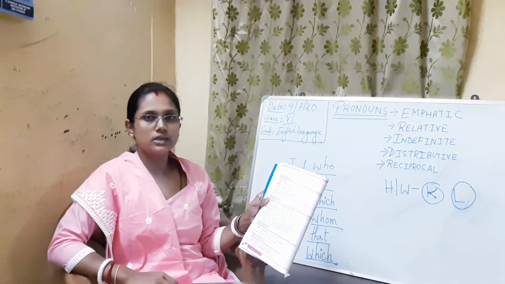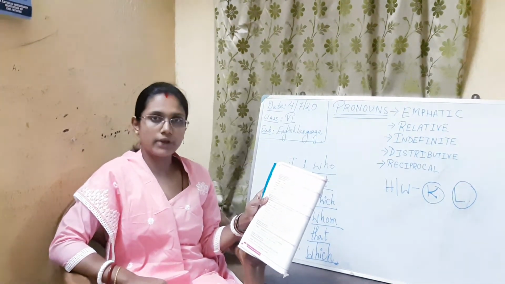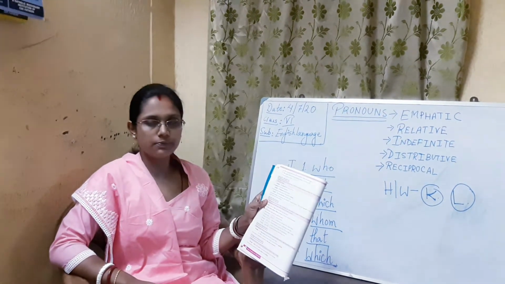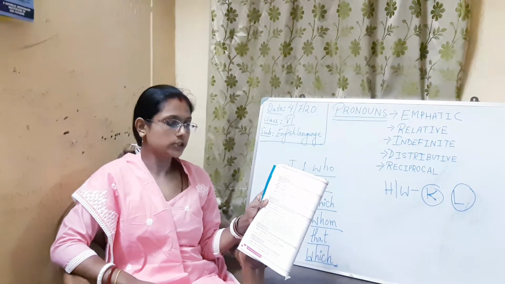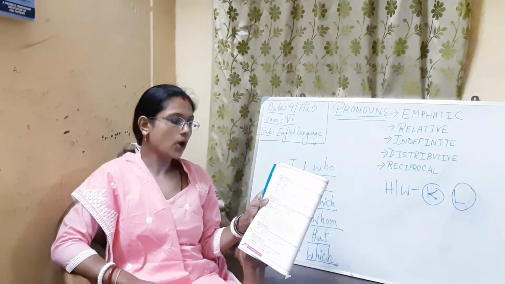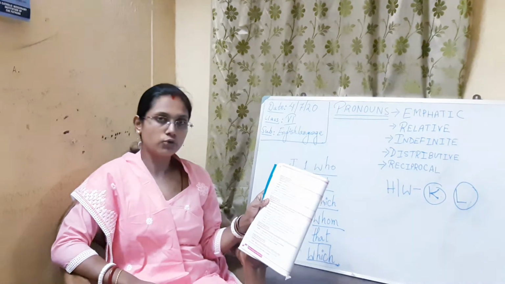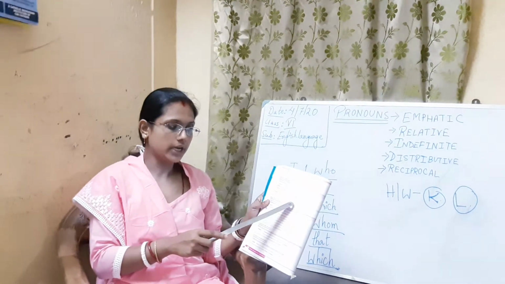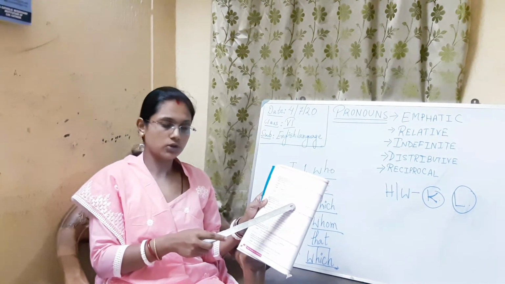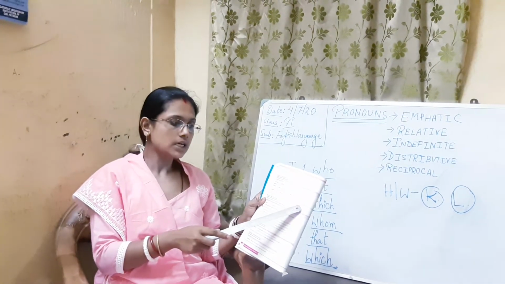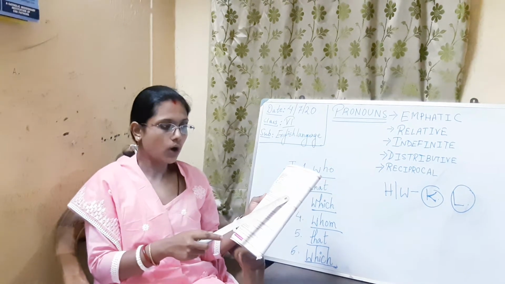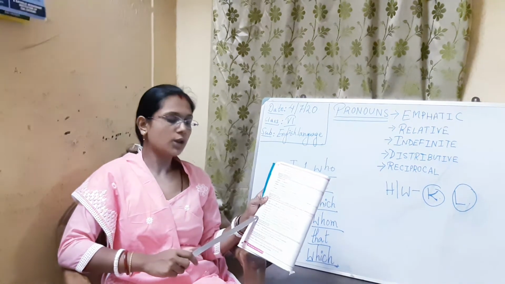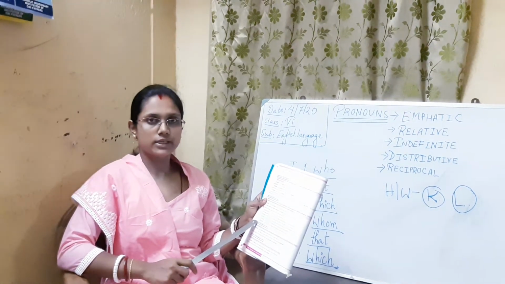How can we distinguish whether it is a reflexive pronoun or an emphatic pronoun? For a reflexive pronoun, you always have to ask the question whom. Like, she locked herself inside the room. In the given sentence, we should ask the question: locked whom? Who was locked? The word is herself. So the word herself is the pronoun and answers the question. So this is all about the emphatic pronoun and the reflexive pronoun.